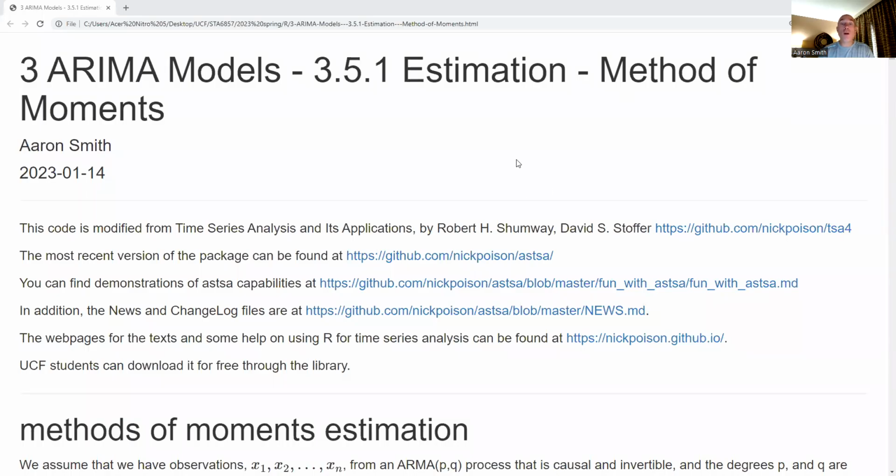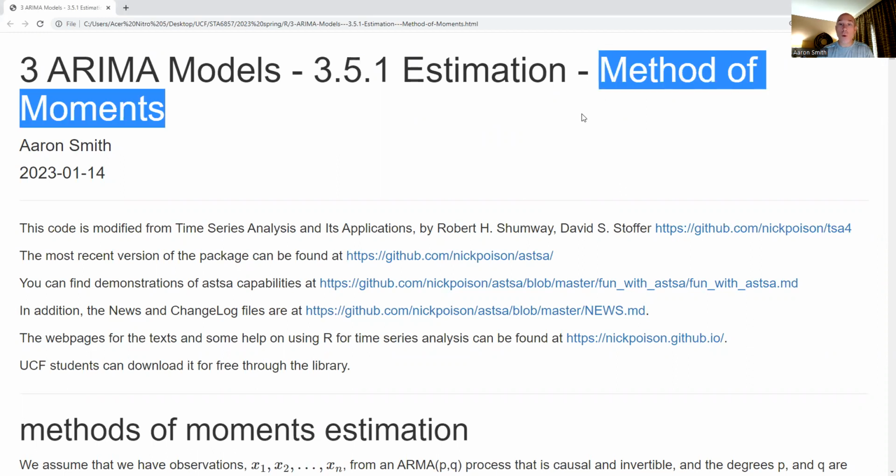Hi, in this video, we want to take a look at estimating autoregressive moving average models using method of moments. In method of moments, I have a collection of parameters that I want to estimate. I also have a collection of statistics that I can compute using my observed data. Now, we have a functional relationship between the expected value and the parameter